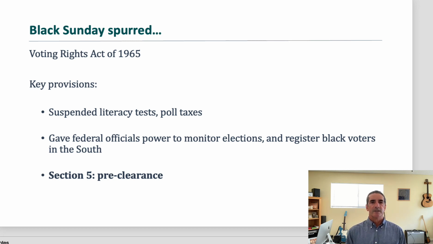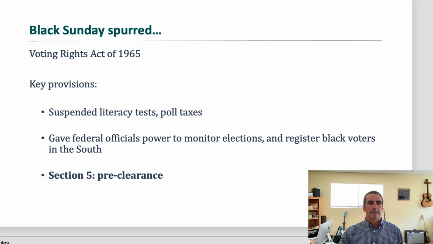Prior to pre-clearance, if a black voter had an issue with a discriminatory election practice, that voter had to take the jurisdiction in question, the county, the state, whatever, to court after the fact and seek redress after it already happened. A, that was expensive. B, it took years to litigate these things. Most people couldn't afford it. And C, even if a verdict were rendered in that person's favor, the election was over. They weren't undoing election results. It was a very unsatisfactory way to address the problem. Pre-clearance nipped these things in the bud, and it worked.